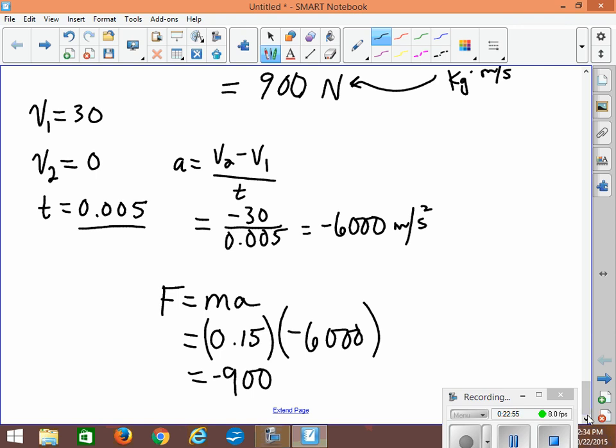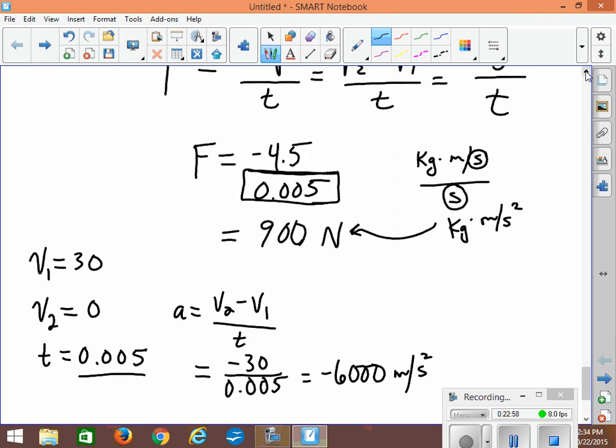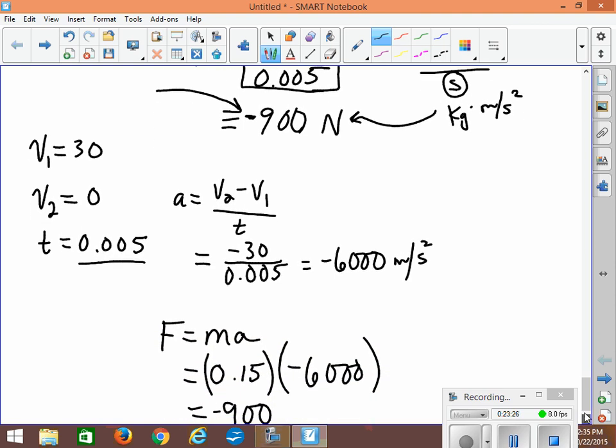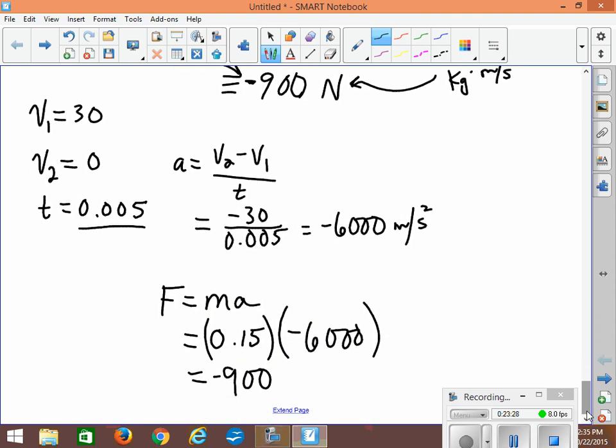Now this is a negative 900, and I guess up here we should have had a negative 900 on here too, right? And sometimes this is what happens. You get going and you forget that these little negative signs are kind of important. So that was a bad habit of mine, to forget that. What does that negative sign mean? Well, you'd say, well, it's still 900 newtons. It's still the correct answer. It is. But that negative sign is telling us that the force is applied in a direction opposite to the way the ball was moving originally. And that's kind of important if we really want to understand what's happening. And here we get a negative 900 newtons because, again, the force is in the opposite direction.